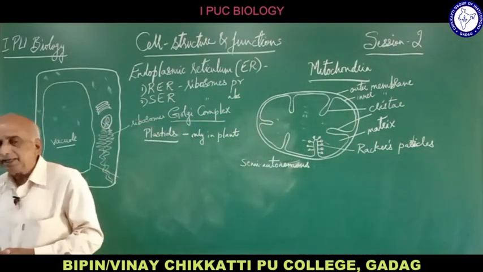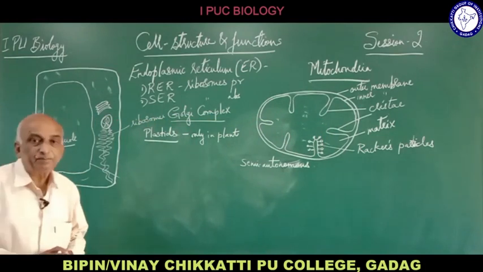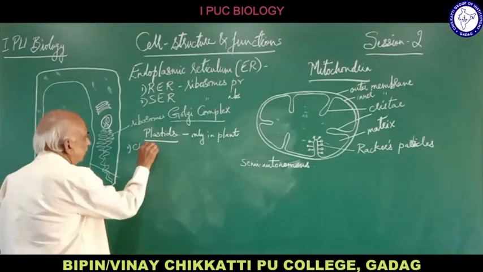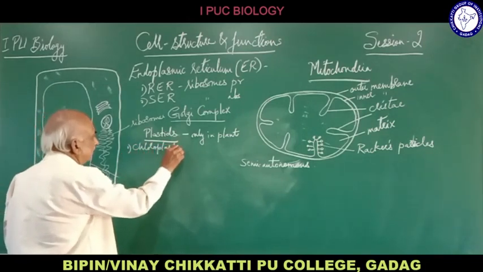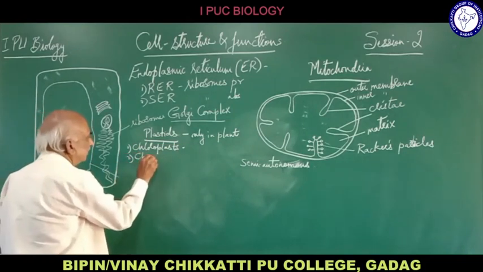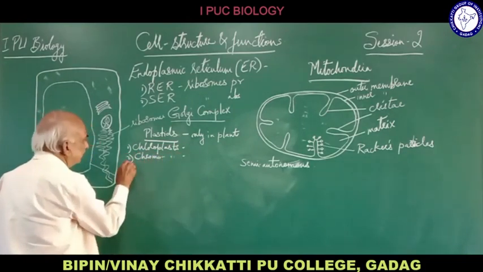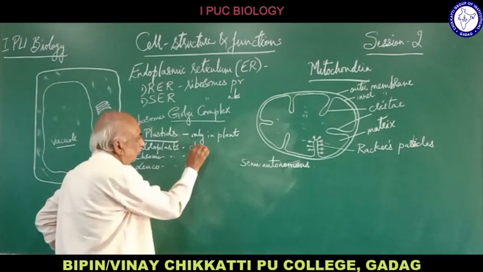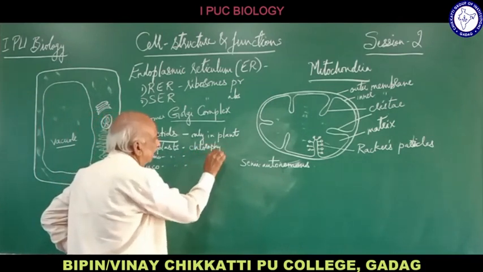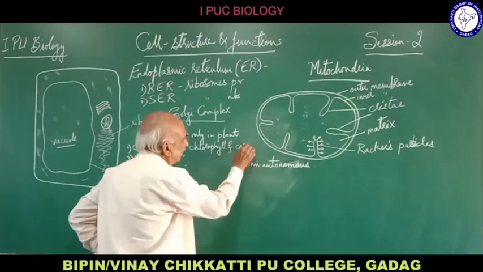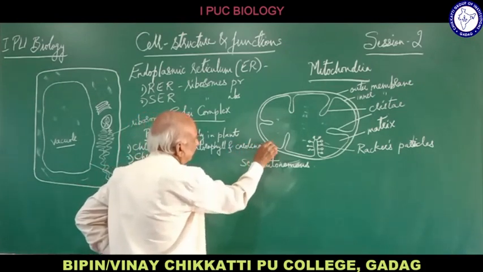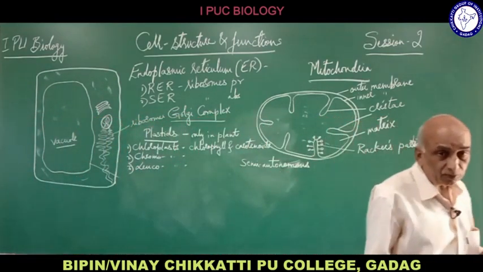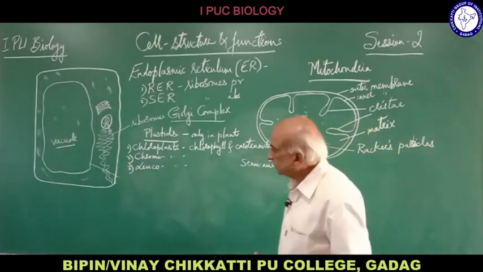Plastids contain pigments. Based on the type of the pigments, there are three types of plastids. One type is chloroplasts, another type is chromoplasts, and there is one more type called leucoplasts. Chloroplasts contain chlorophyll, that is why they are called chloroplasts, and they also contain pigments called carotenoids. So if a plastid contains chlorophyll and certain carotenoids, it is a chloroplast.